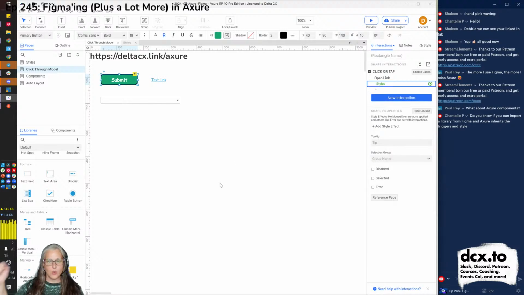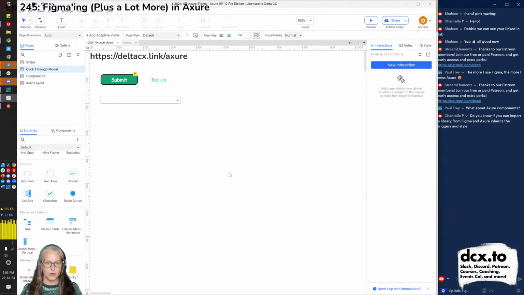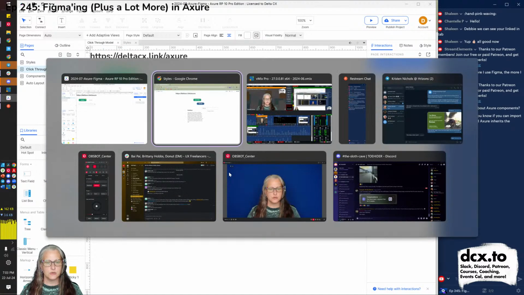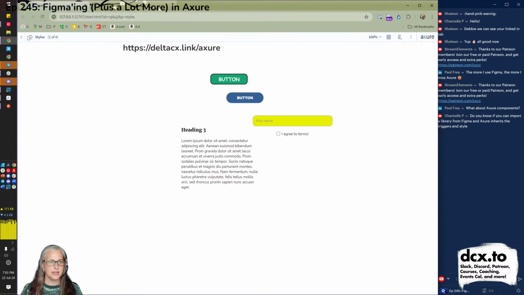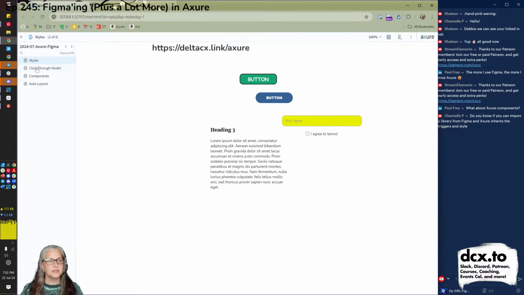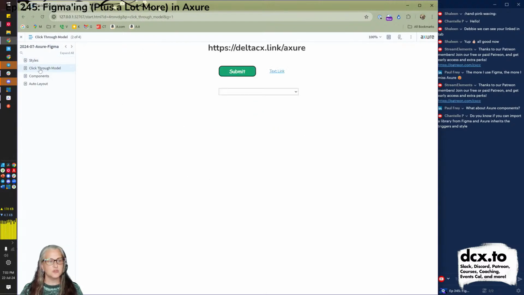So that's kind of the equivalent of, draw this link from here to here, or create this trigger. So now if we want to refresh this, now I'm on the styles page. I'll need to move to our exciting click-through model page. Notice when I mouse over submit, I now get the hand mouse thing because there's an action here. This is linked and the system recognizes that.